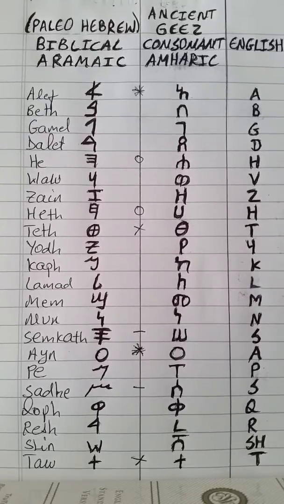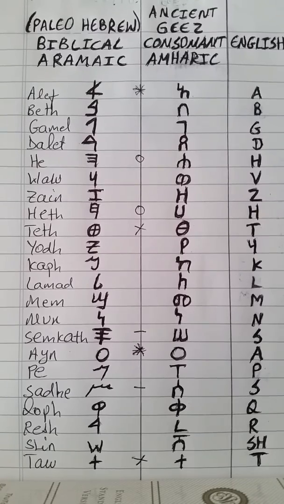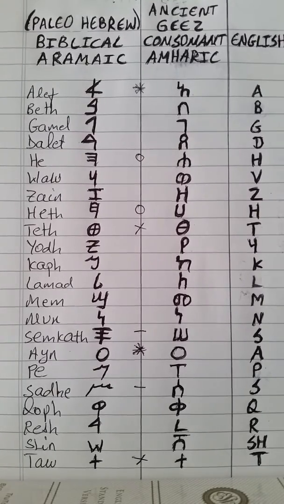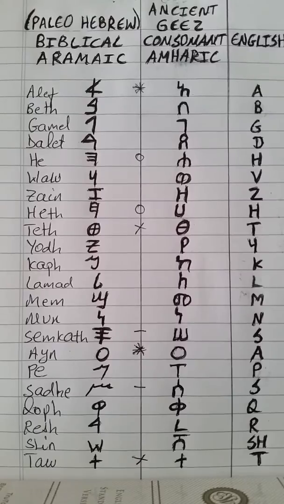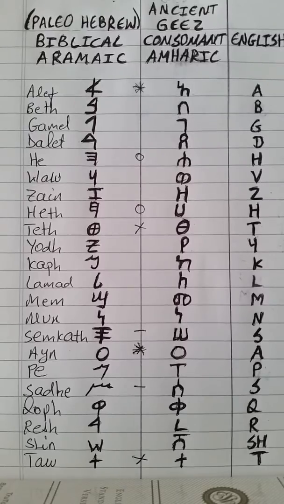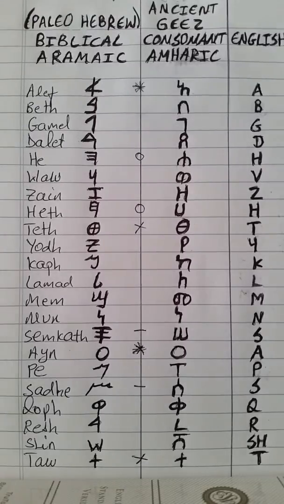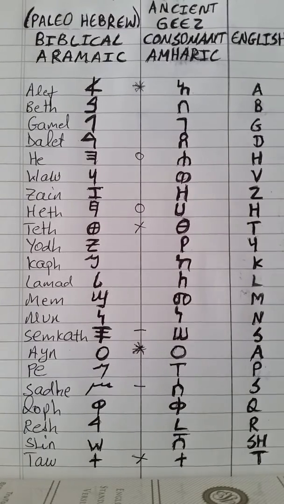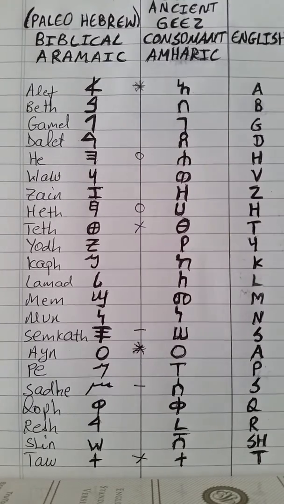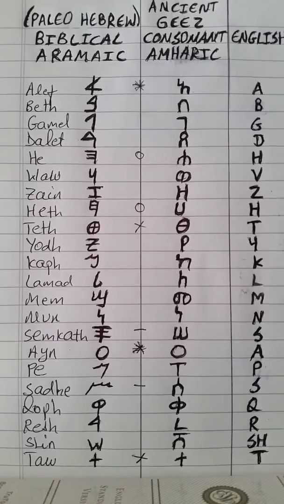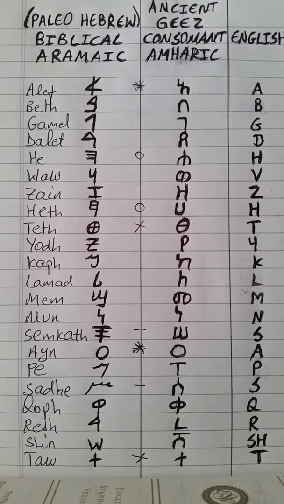This shows Amharic and Aramaic are very similar alphabets, and also the way they are represented. There are four different alphabets which are represented twice in the English alphabet. So it should be studied whether the Amharic came from the Aramaic, or both the Aramaic and the Amharic came from a common